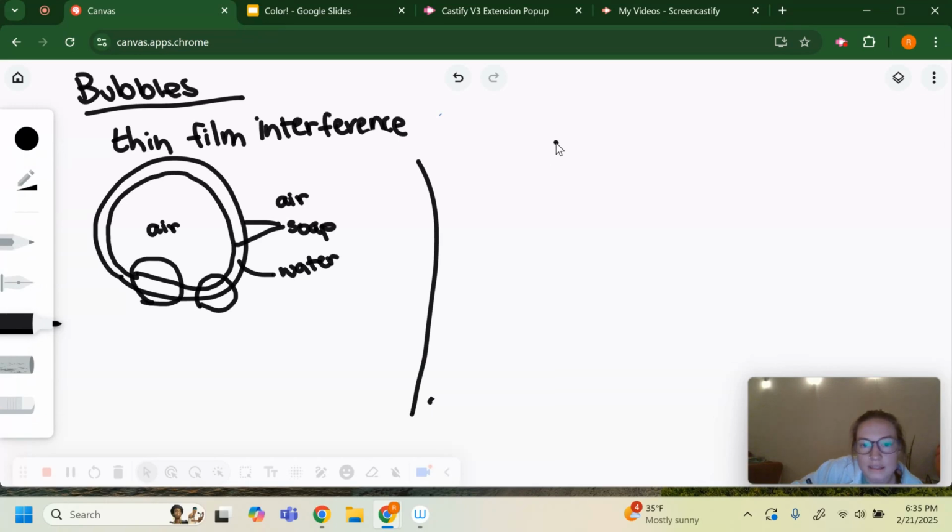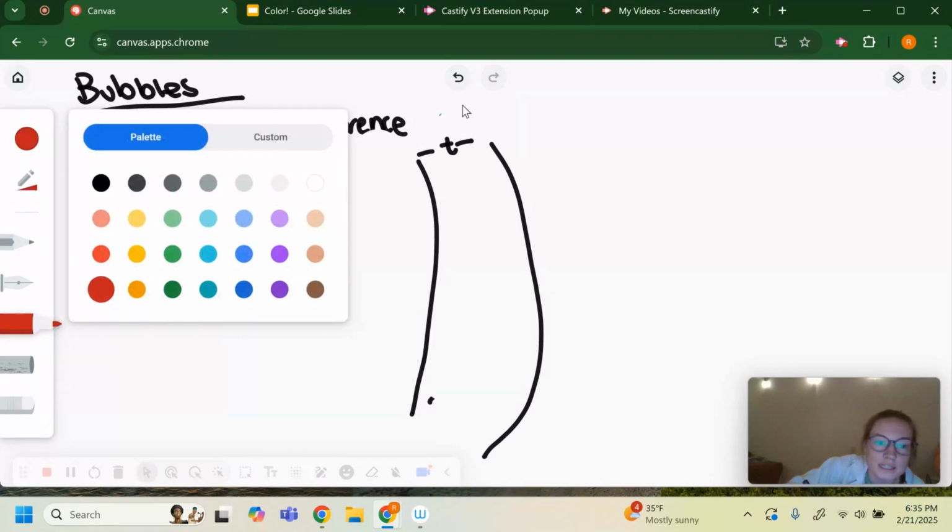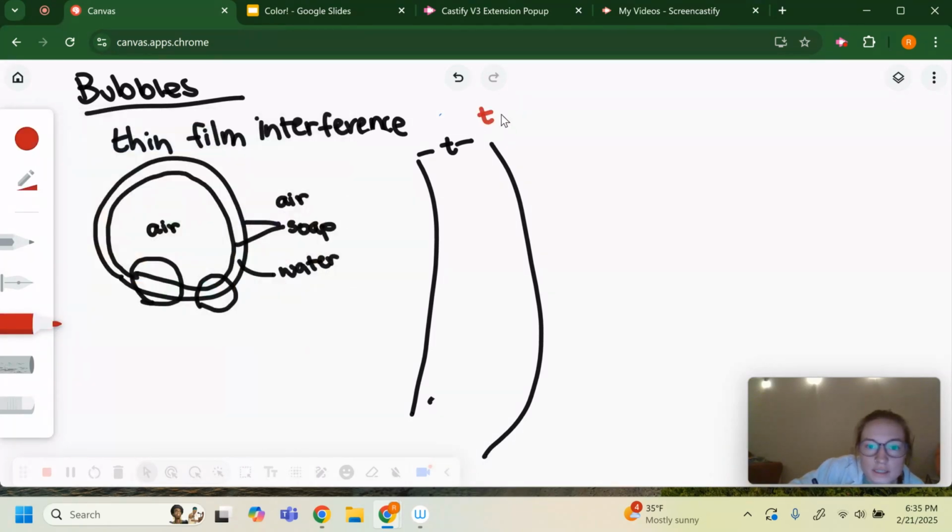Let's say that at the thicker part of the bubble, the thickness was equal to not half the wavelength of blue light. Well, what if here the thickness of this little section is equal to T equals half the wavelength of red light. That means that the same thing is going to happen here. Red light is going to be on its way in. When the red light gets here, part of it's going to